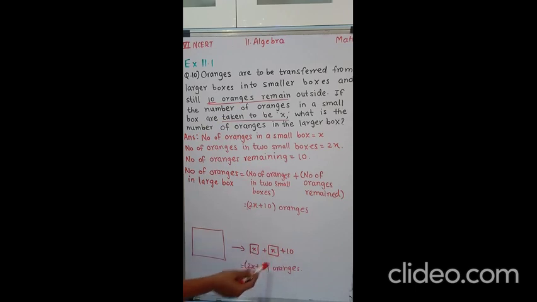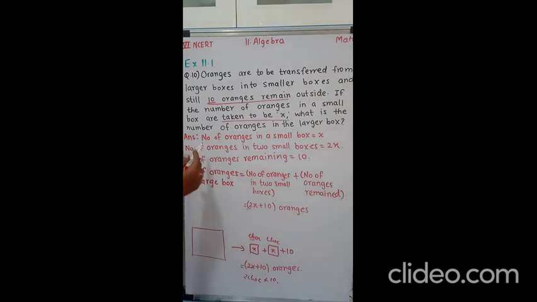So x plus x is what? 2x plus 10. If you got confused here, consider this as chocolate, one chocolate plus two chocolate. So chocolate plus chocolate is what? Two chocolates and plus 10 more. So the answer will be what? 2 chocolates plus 10, and make back the chocolate as x. So 2x plus 10.